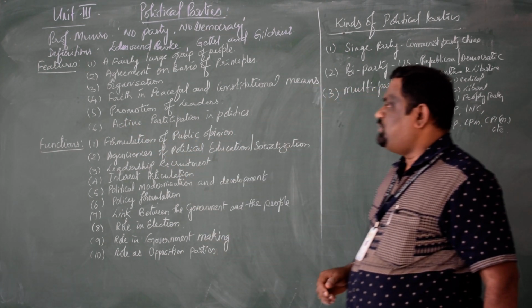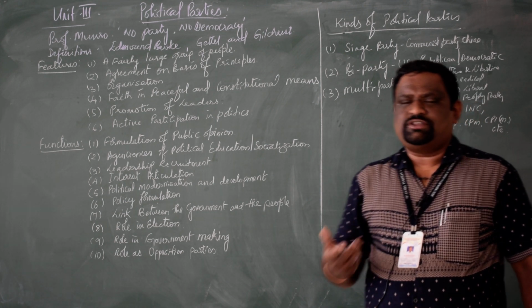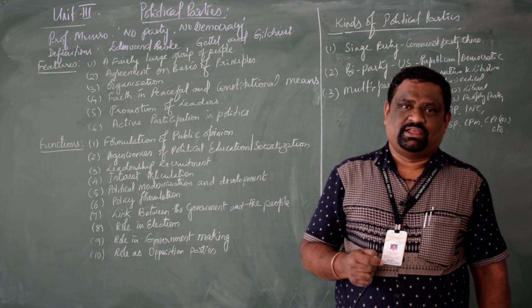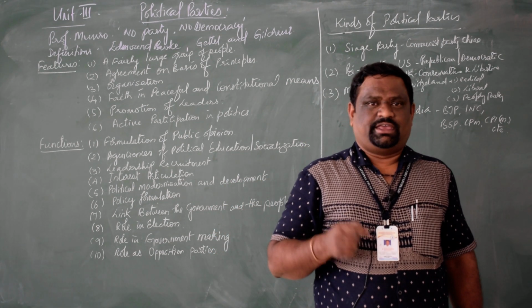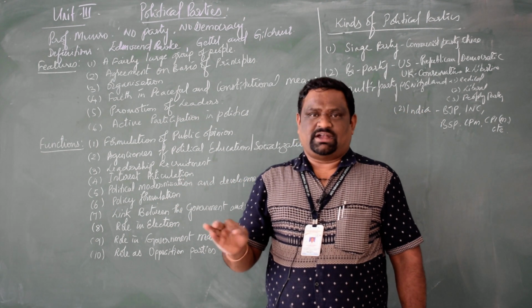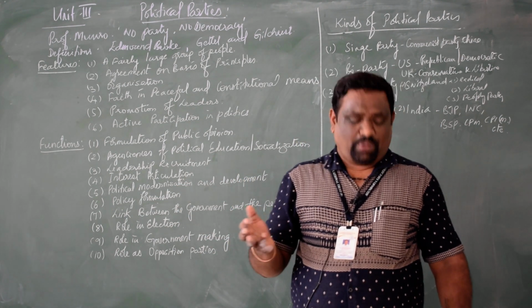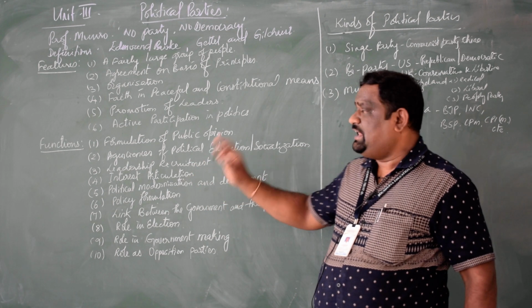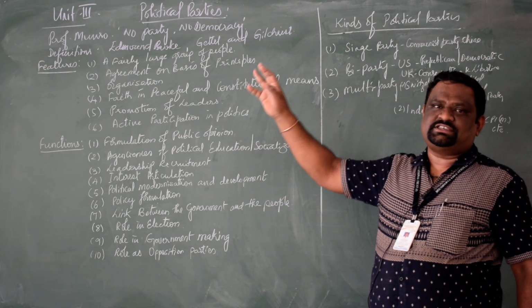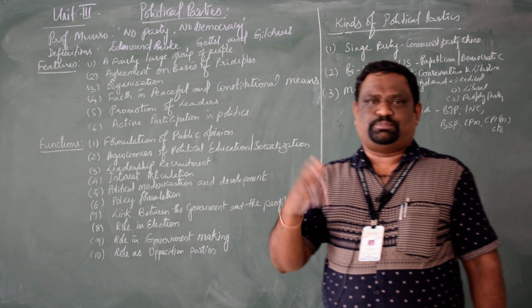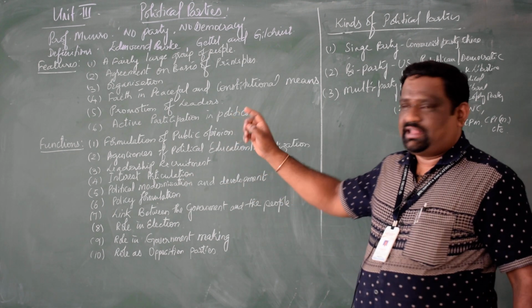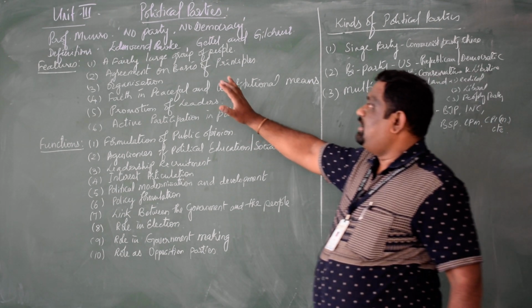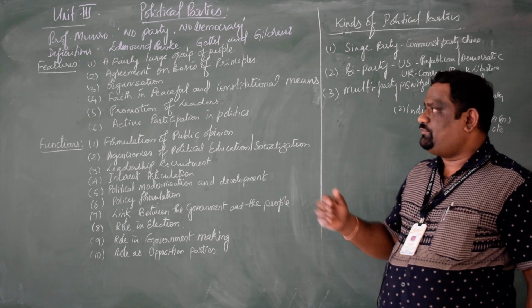And coming to the last one, that is active participation in politics. See, what is the point of joining a political party or being a leader in a particular party? Ultimately, the idea is to participate actively in the system, that is government. Without that, there is no point. And second, a political party always involves various activities of politics. Politics is not just going for a jatha or protest or other things. It also involves taking part in the process of law making in the government. So I think these are the features or characteristics of the political parties.